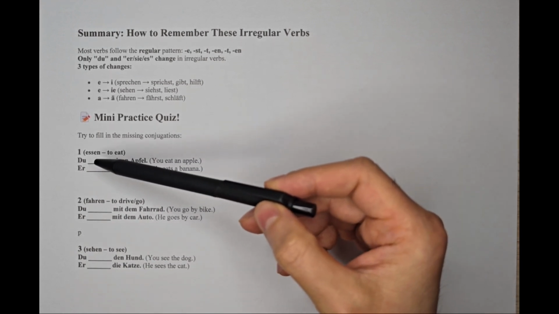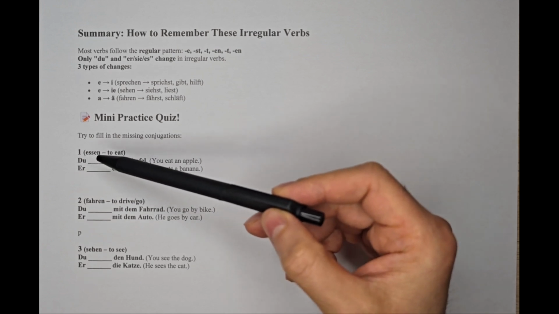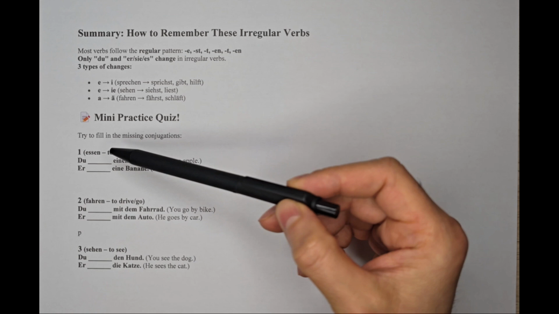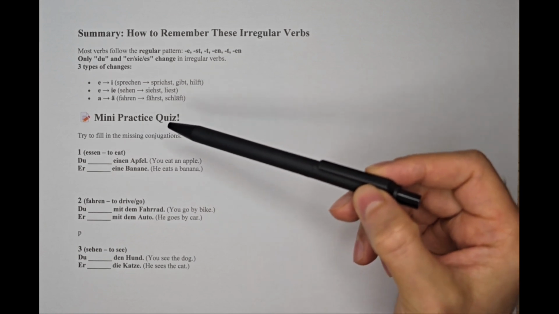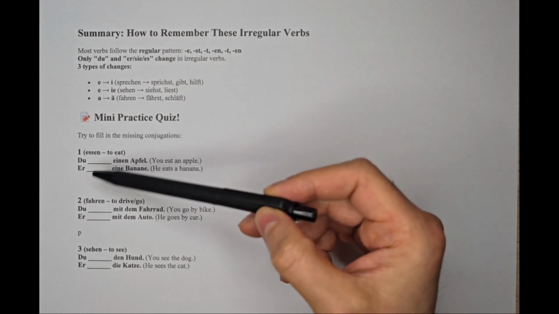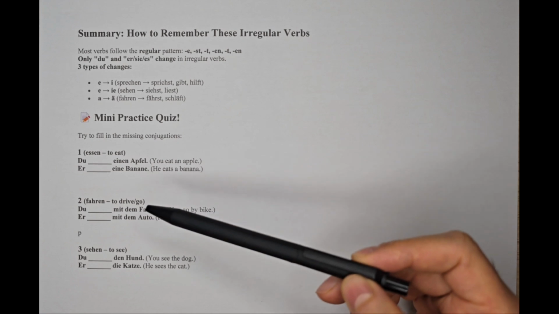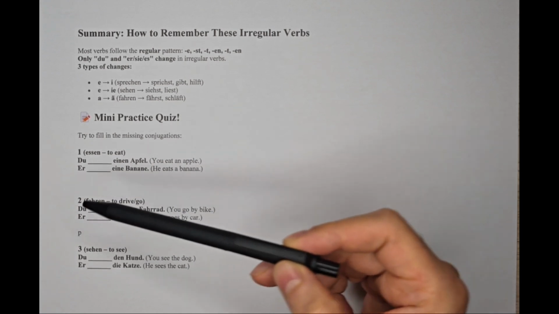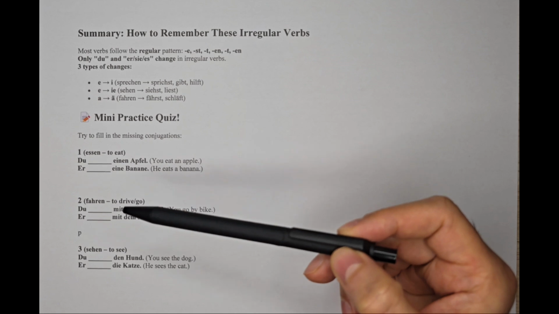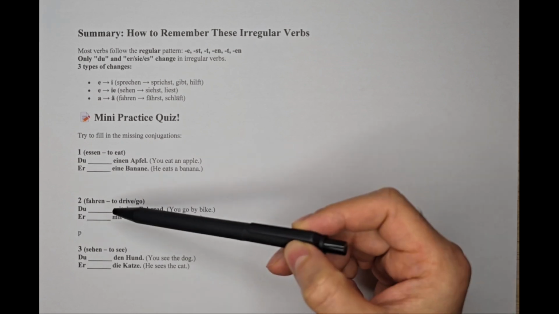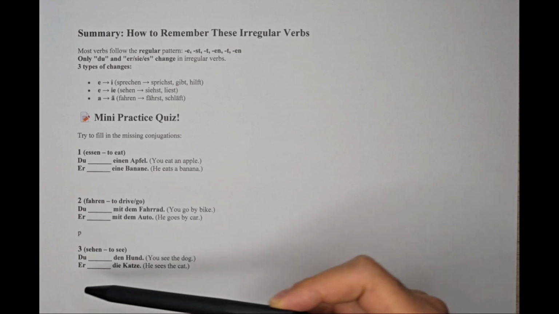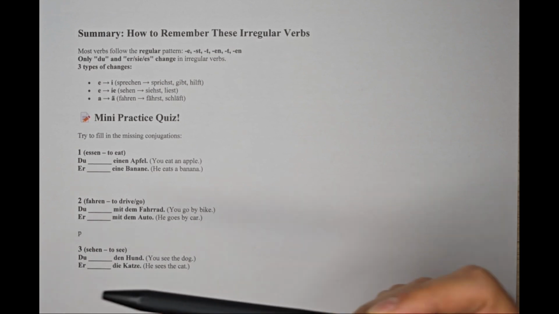Du, then you have to know that the conjugation is for du and er. That means the verb stem will change. There will be a vowel change in it. What is it? Please mention it here. Write it down in the comments. And fahren as well, du and er. Second person singular, third person singular, there will be a change. Which conjugation is fitting here? Please mention it. And the same goes for sehen, for second person singular and third person singular.